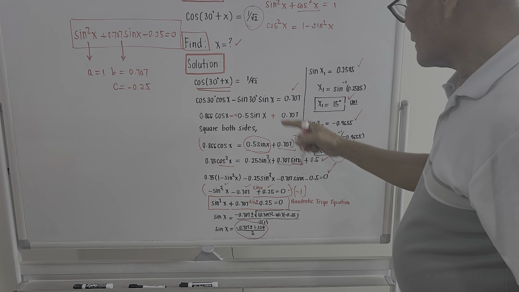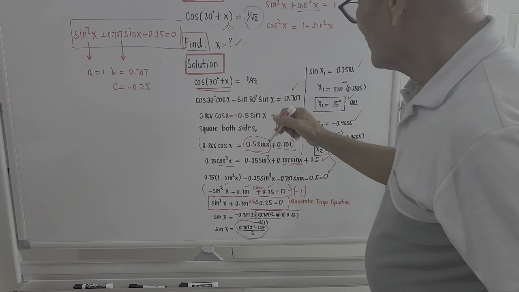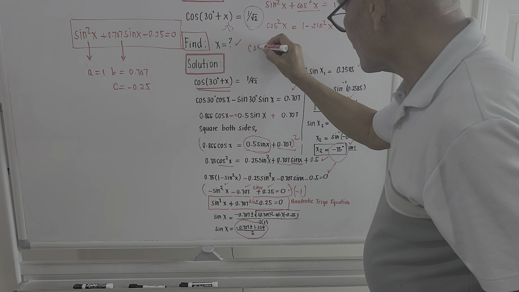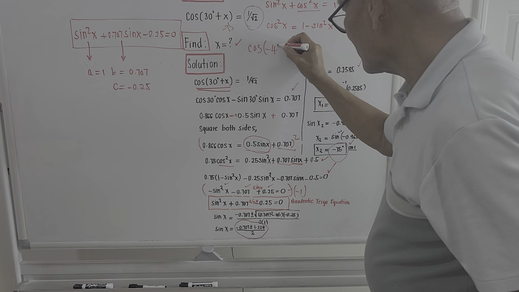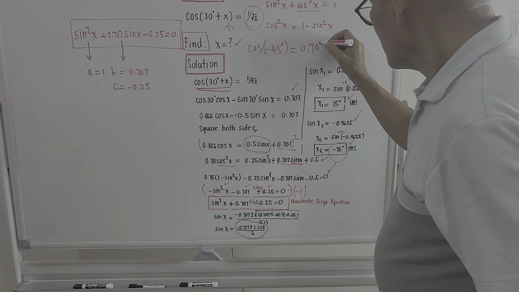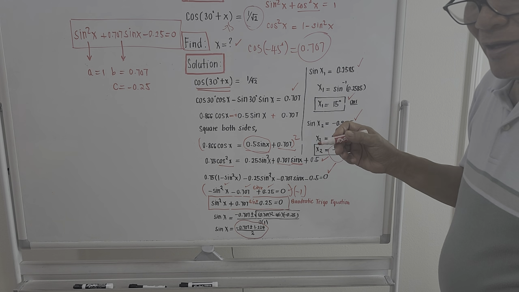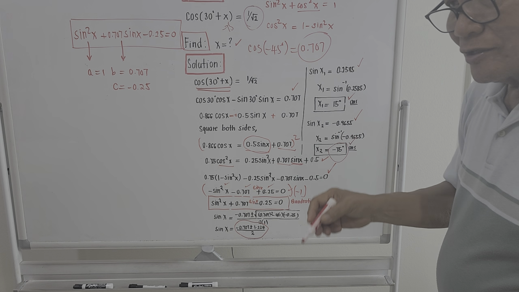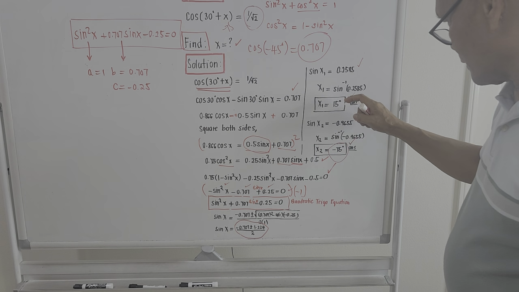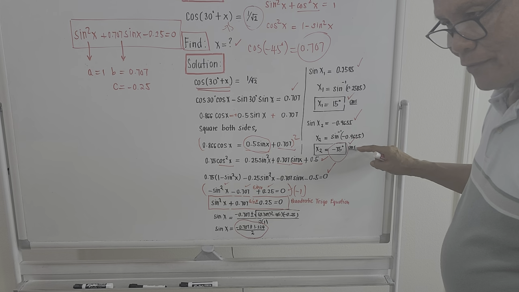And if we try to use the value of x to be negative 75, okay, 30 minus 75 will become cosine of negative 45 degrees. And this is still 0.707. So that's how we check the validity of our answers. So the correct value of x here is x will be equal to 15 degrees, and the second value will be negative 75 degrees. Okay,